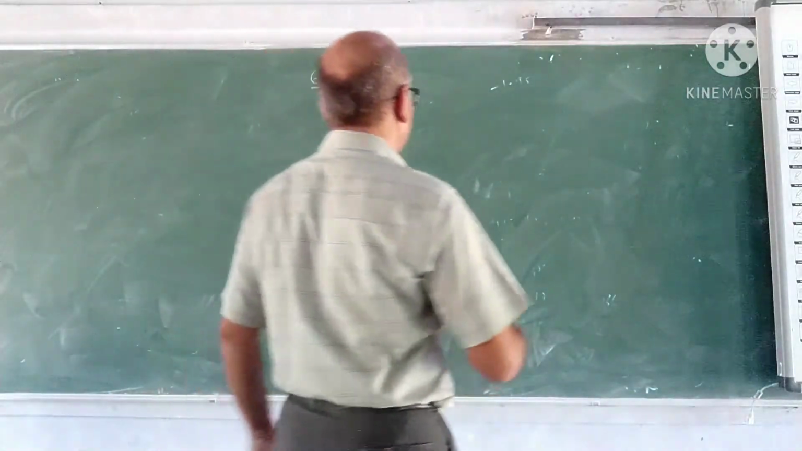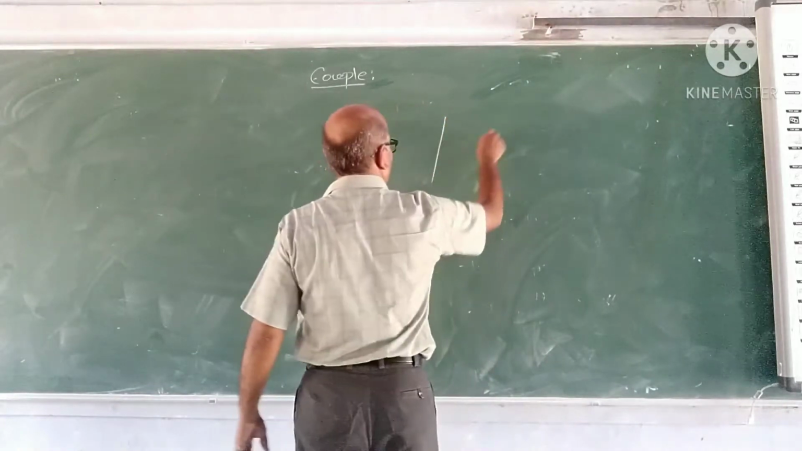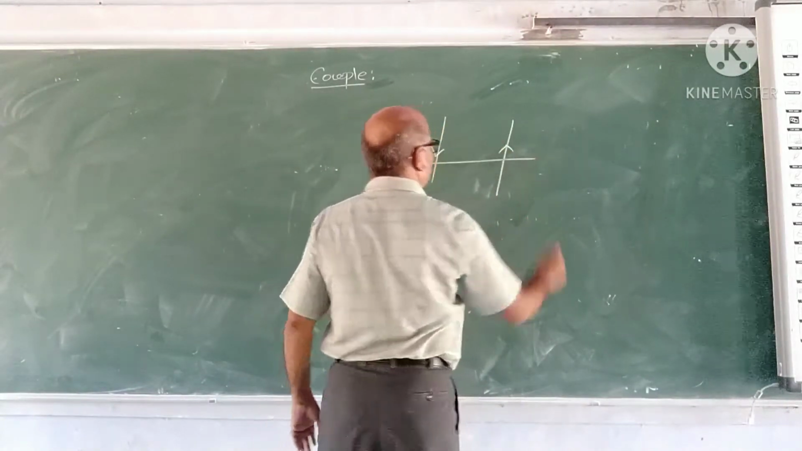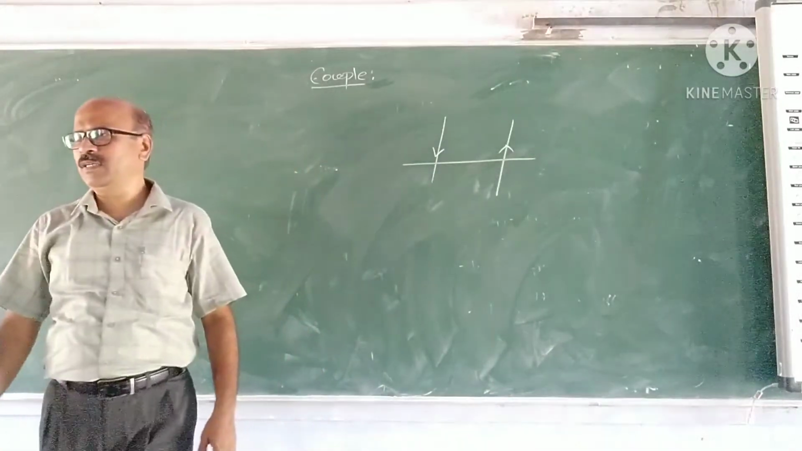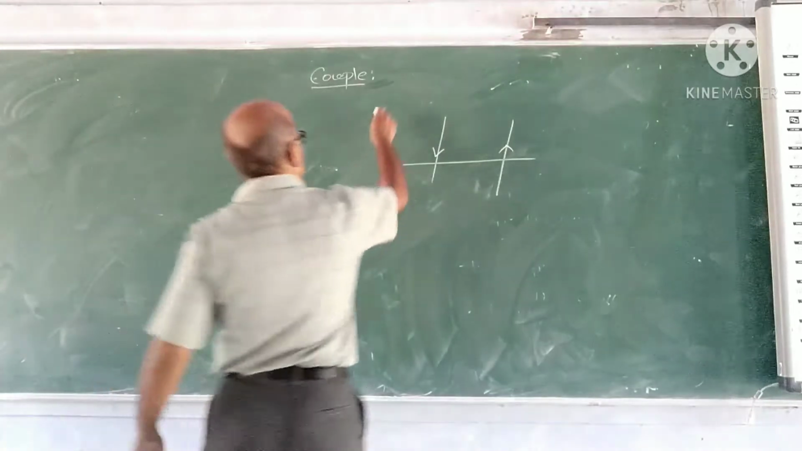Take the definition of a couple. How to define a couple? Two equal, unlike parallel forces whose lines of action are different are said to form a couple. Definition: